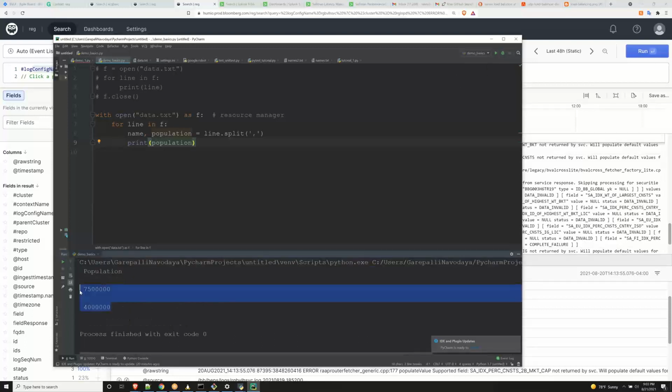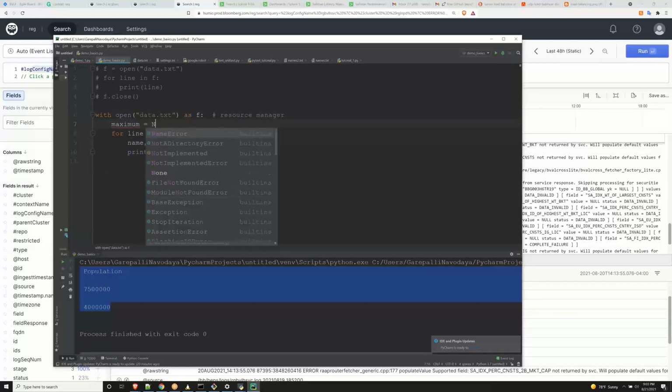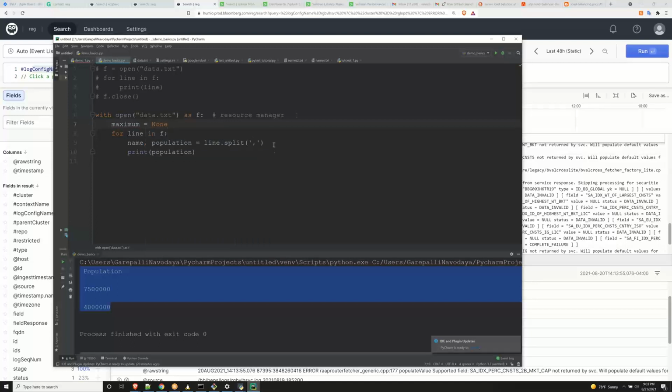So you can see it prints just the second column, because it's now getting the value after that. Now, our use case is to find the maximum population value. So I'm going to keep track of the maximum. I'm going to say maximum equal to None, and I'm going to say